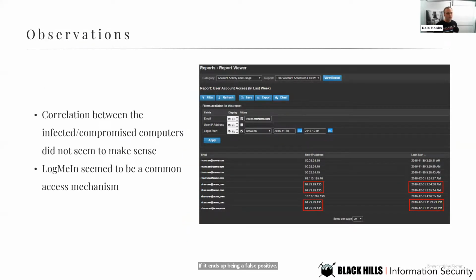All right, so as Raymond started working through the incident, the correlation between the infected computers didn't really seem to make a lot of sense. So he started looking at some of the common factors, and decided that LogMeIn, which they were using for remote support, seemed to be a common access mechanism for all these computers. Investigating the access logs around the time of infection showed an abnormal access for a particular user account called R. Hansen. Further investigation showed that there were successful logins from a single IP address, and that IP just happened to be the same IP as the FTP server that the malicious software called out to. And the timestamps lined up with the suspected time of compromise as well.